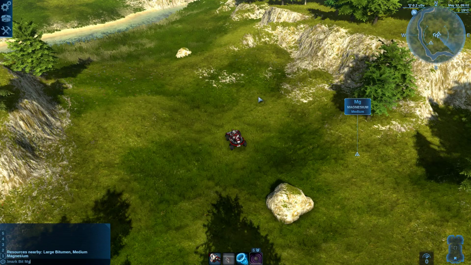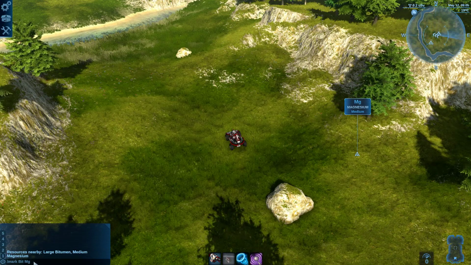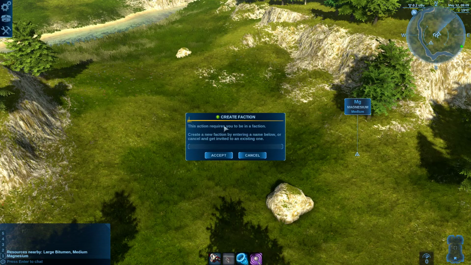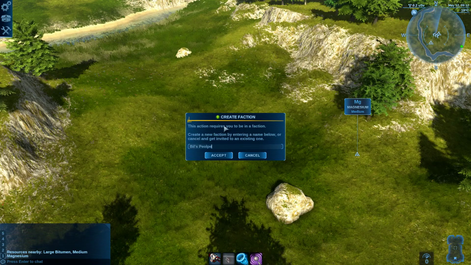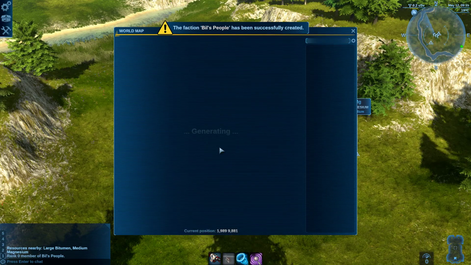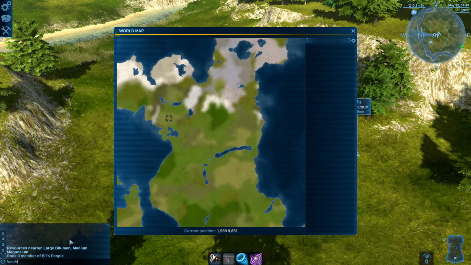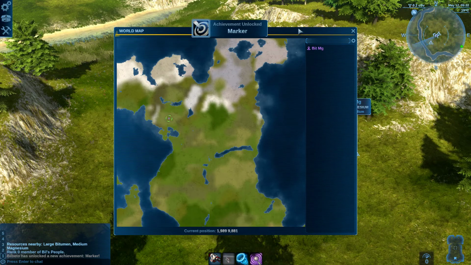So I've discovered that you can actually type \mark space and then whatever you want the text to be, and then just press enter. Okay, let's just create a faction. There we go. Oh, I must have had to create that first. Okay. And then we've got a marker,